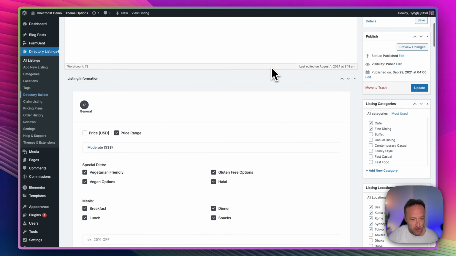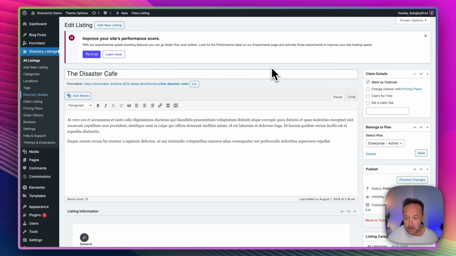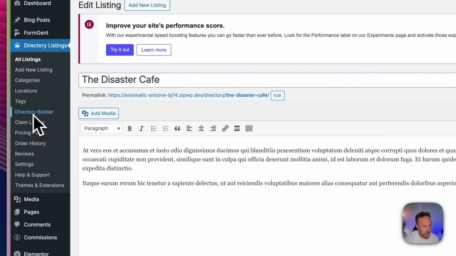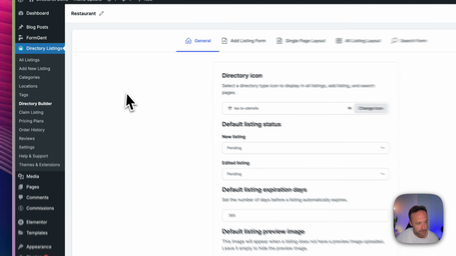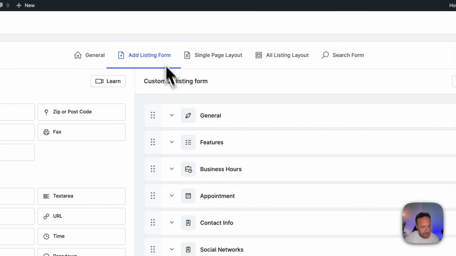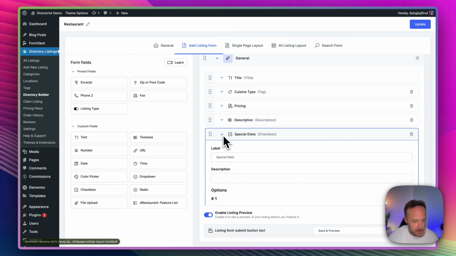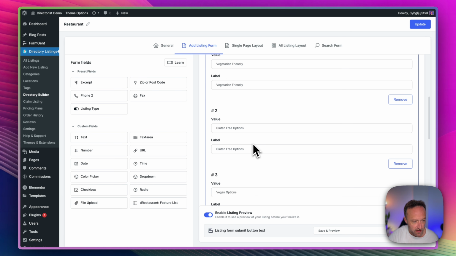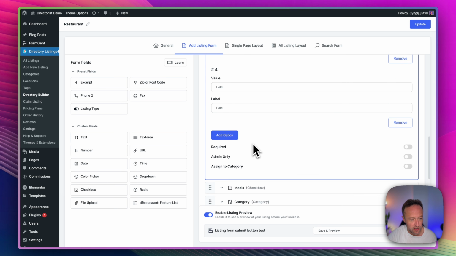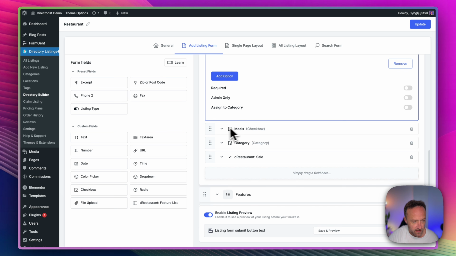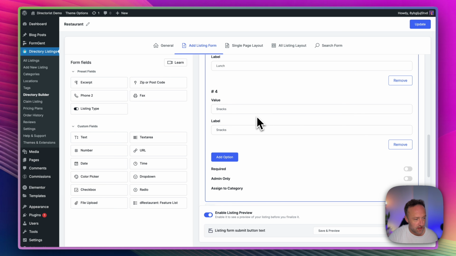So you can basically customize the listing layout to suit your needs. It's really straightforward. You just go into the directory builder over here. Then in here, you go to add listing form, and here are all those things. So there's the general. And here are the special diets options. So vegetarian friendly, gluten-free options, vegan options. You can add your own options here. Got the meal, so really easy to change the listing forms,